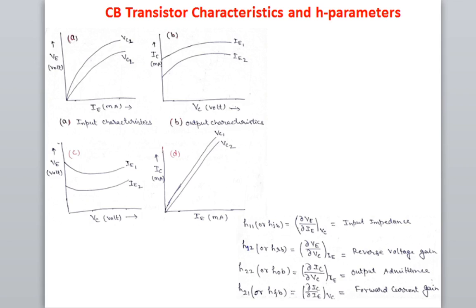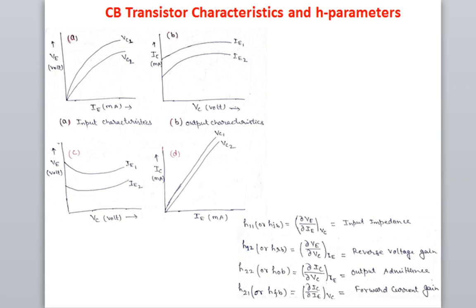With this, I believe I have covered some very basics of the transistor, the bipolar junction transistor and the common base transistor. In my next lecture I will again start with the common emitter transistor, some basics, and whatever remaining part is there in the common collector transistor. Then I think I should finish the common collector transistor. One more slide is there.